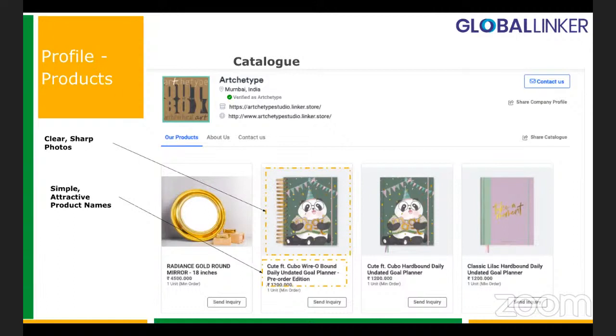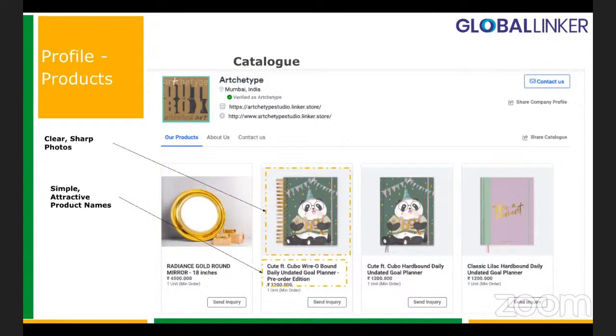you have to make sure that the platform gives you a good opportunity in a way that your products can be presented in a nice manner and the relevant fields are available so that the relevant information is displayed over there. After that, it's up to you. You have to make sure that you have clear and sharp product photos to add. So once I'm looking at a particular profile, I see the photos.